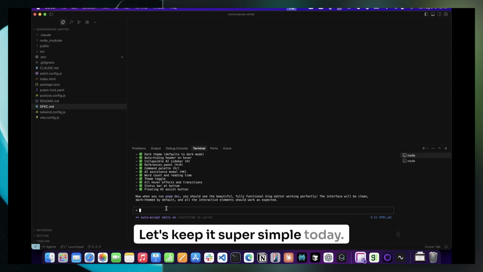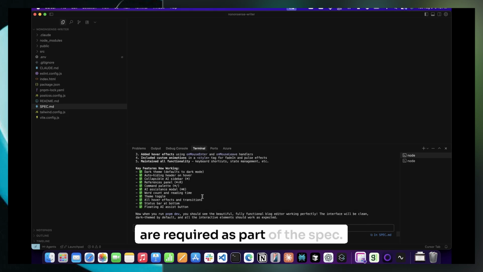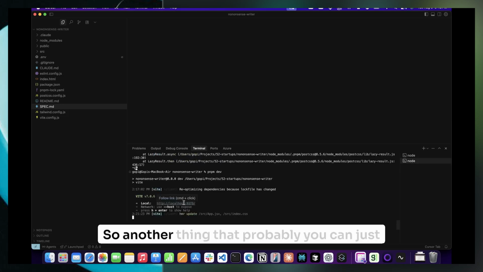Let's keep it super simple today. We'll just create the set of other pages that are required as part of the spec. So right now we just did a pnpm dev that's running our website on 5173. So another thing that probably you can just remember is that